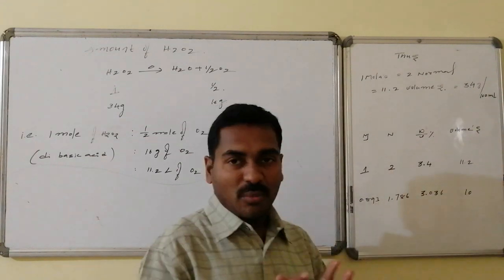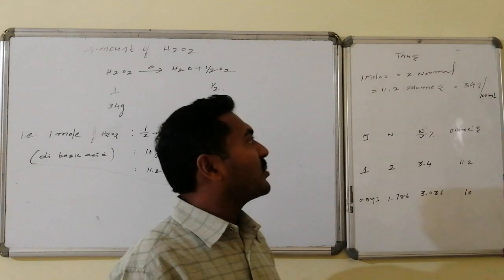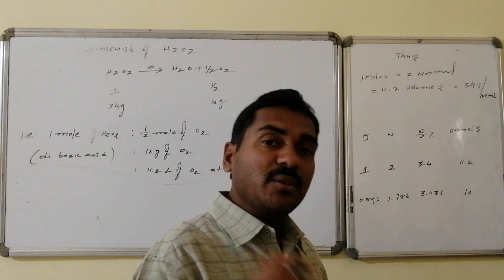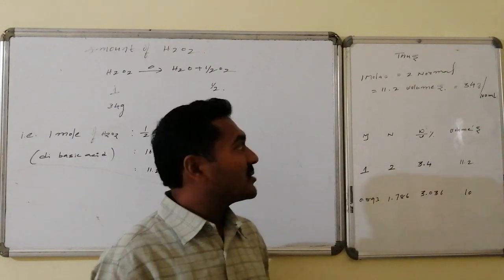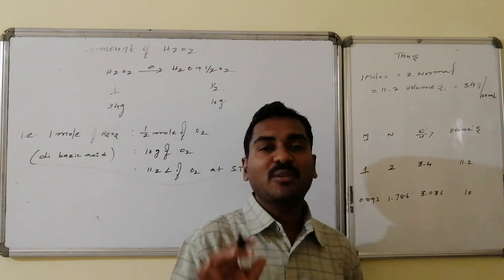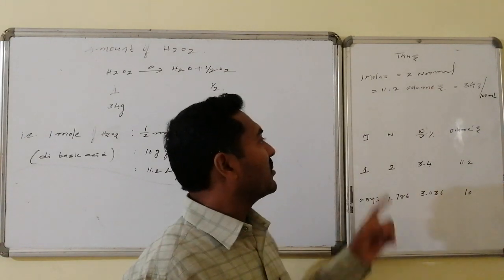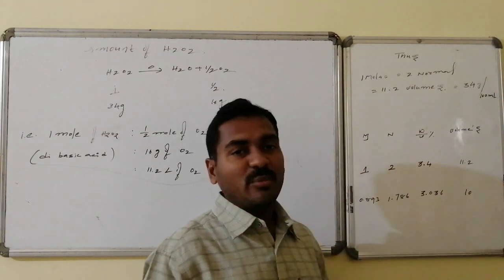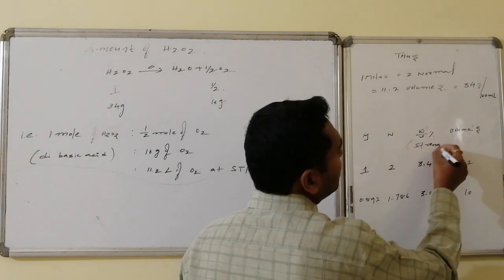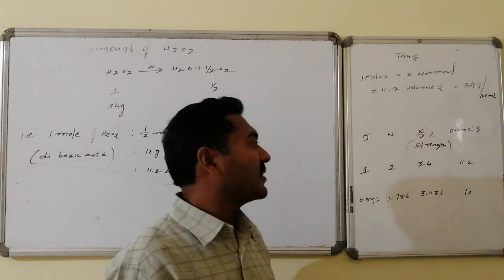So the 1 mole related relations are like this: 1 mole of hydrogen peroxide is equal to 2 normal. This 2 normal, in terms of volumes, if I express, will become equal to 11.2 volumes, which is also equal to 3.4 grams per 100 ml, that is 3.4 as weight by volume percentage, which is also known as strength. Thus if I write in the form of a table: molarity, normality, weight by volume which implies strength, as well as volumes, that is volume percentages. Generally we can say volumes, 10 volumes, 20 volumes, etc.